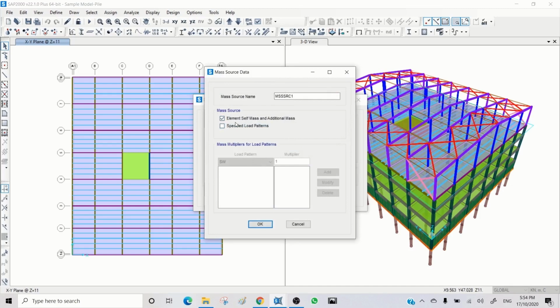So here mention element self mass and additional masses. Sometimes you assign mass to all joints yourself manually. In that case, you need to leave it as it is, and the self weight automatically will be considered. So element self mass and additional masses, if you want to define the load pattern, because you can put self weight here, you don't need to click here, otherwise it would be duplicated. So either you shouldn't put self weight here, or you should untick this one and just keep the load pattern,